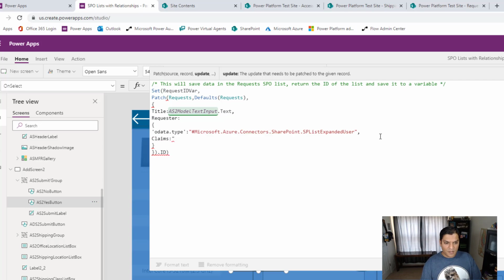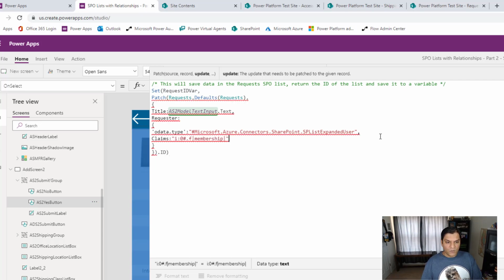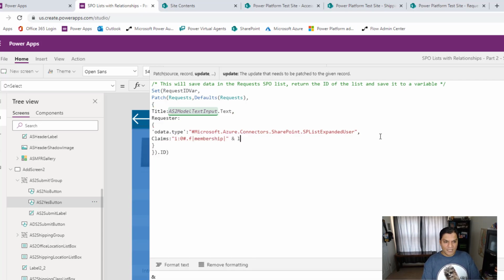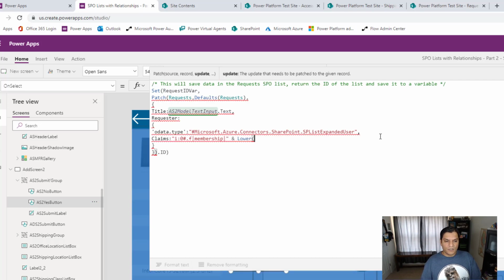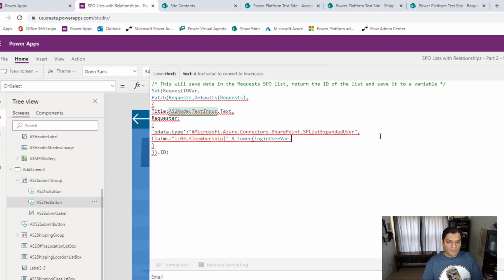So it's going to be double quotes, I, full colon, a 0, hashtag, dot, then hashtag and dot F, and then I put in a full colon, membership, another full colon, and then I go ahead and close it, and then after that I can put in a lower, and I get my login user. But I gotta put two things. I gotta go grab the email,